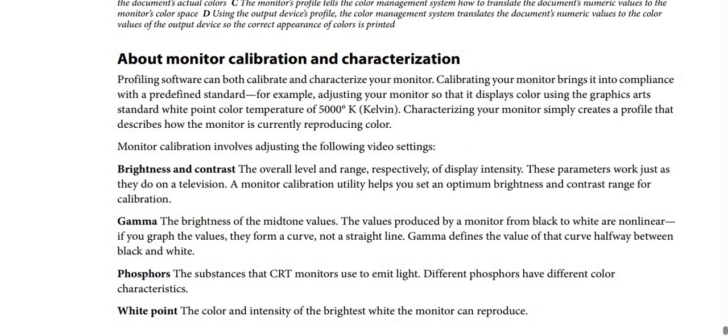And what about monitor calibration and characterization? By the way, profiling software can both calibrate and characterize your monitor, and calibrating your monitor brings it into compliance